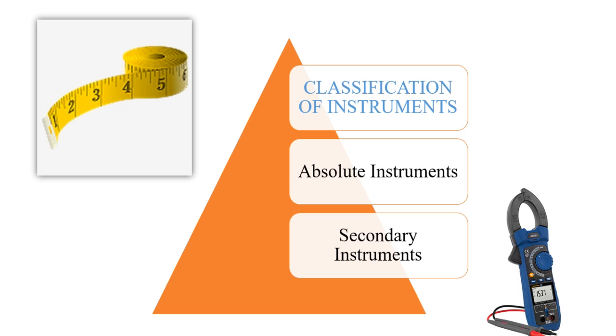However, in a digital instrument, you have digits on the screen for various quantities, and you will be able to measure the quantity. However, in the case of deflection,